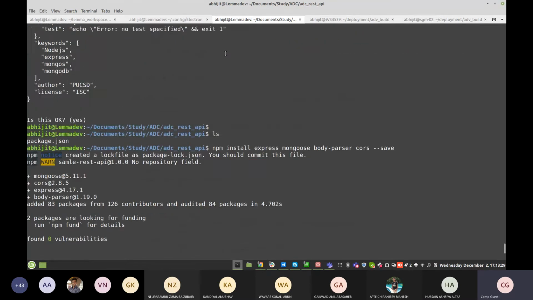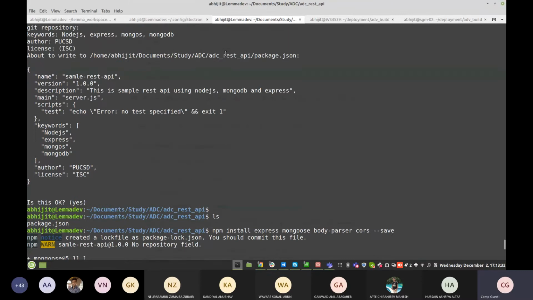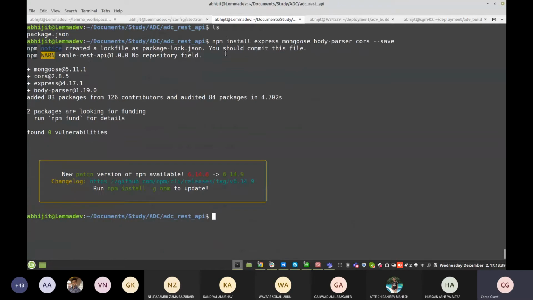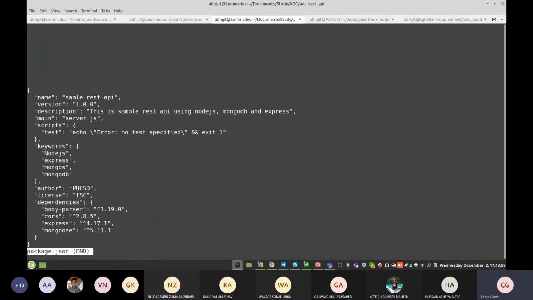Previously, we didn't have any package dependencies or development packages mentioned inside our package.json. Once you run this command in your directory, the node_modules directory is automatically created, which saves all the required local packages inside that directory. And if you see your package.json, all the dependent packages are mentioned there.